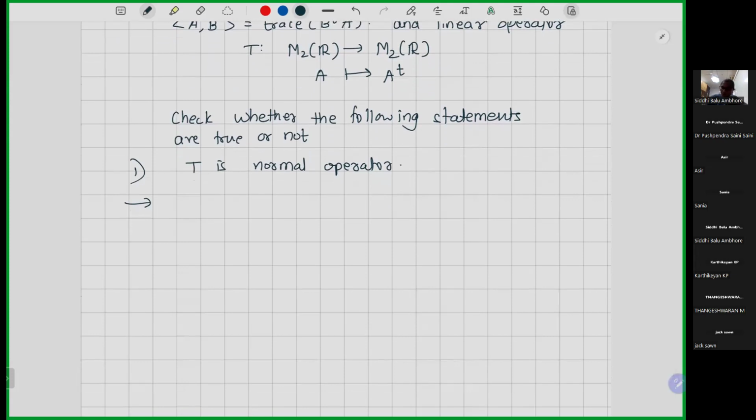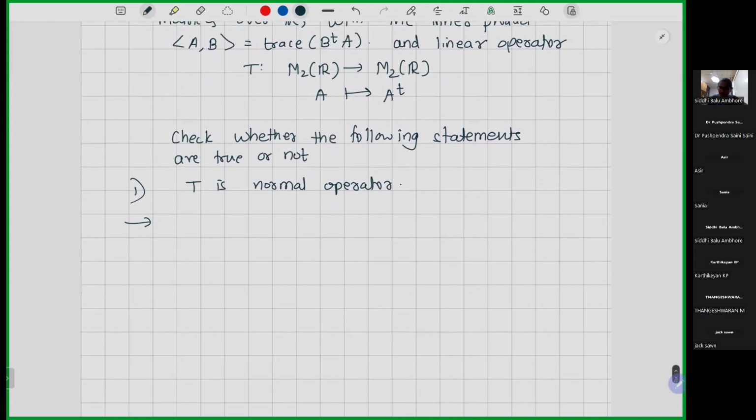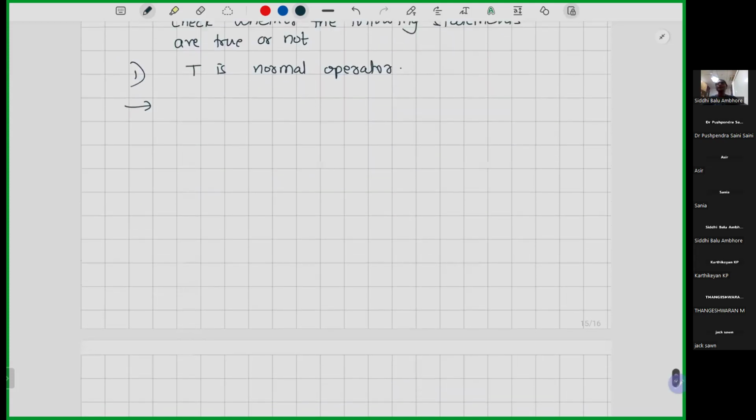So how to start? First, what I did was I tried to find what the linear transformation matrix of this linear transformation looks like. Once I have that, I just have to work with that matrix, because working with the matrix and its conjugate transpose is easier compared to working with the linear transformation and its adjoint. So I would start with the basis